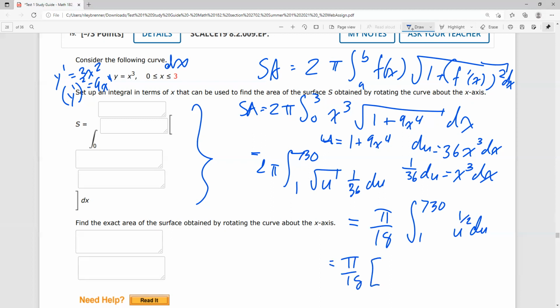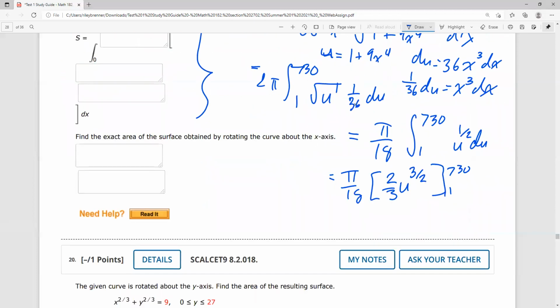This will be u to the 3 over 2. So this is 2 over 3, right? And then from 1 to 730. Oh, this is not a nice number at all. Yeah, this one, don't worry about simplifying it because there's no nice way to simplify this. You'll get 2 over 3 times 730 to the 3 over 2 minus 2 over 3. If you want, you could actually bring the 2 thirds out so that you get